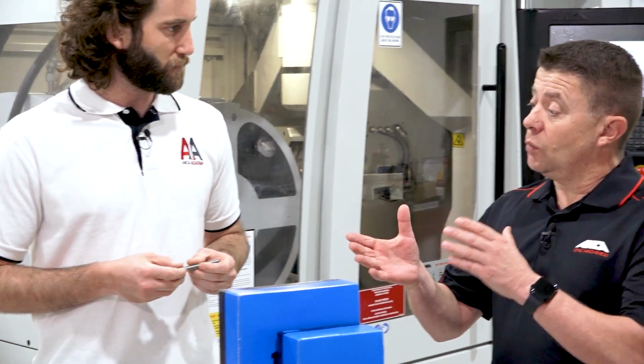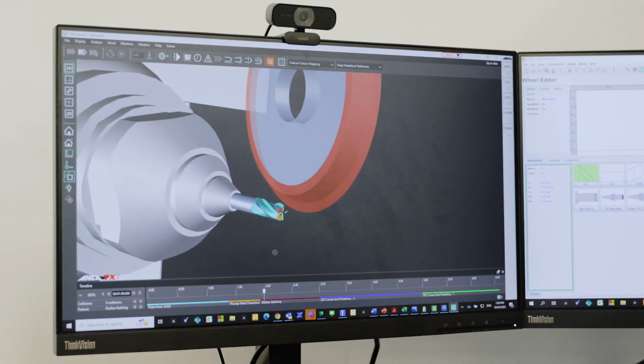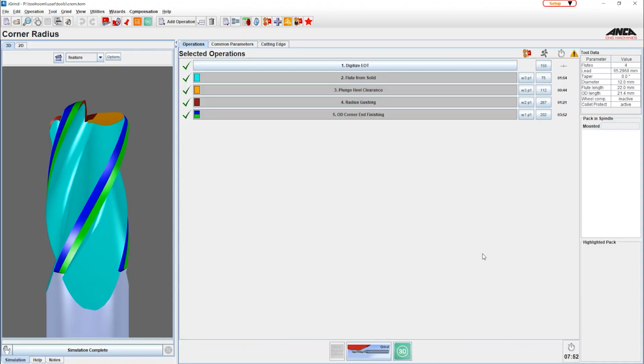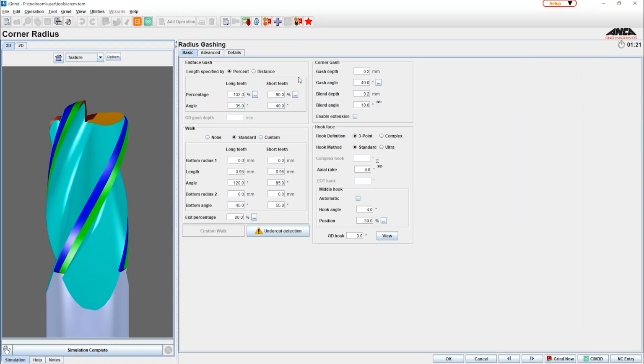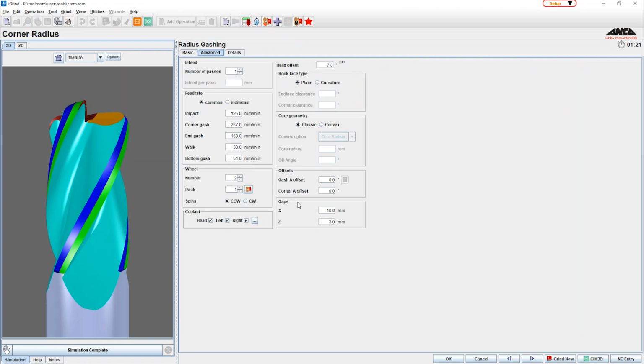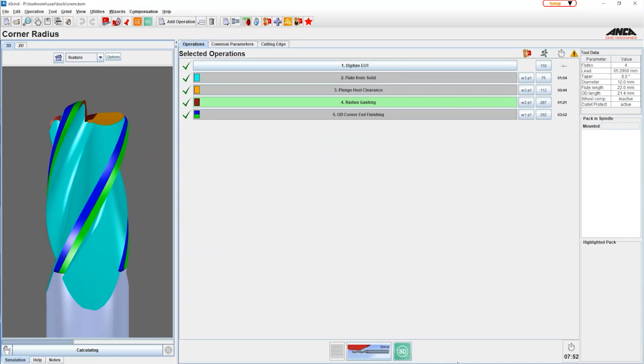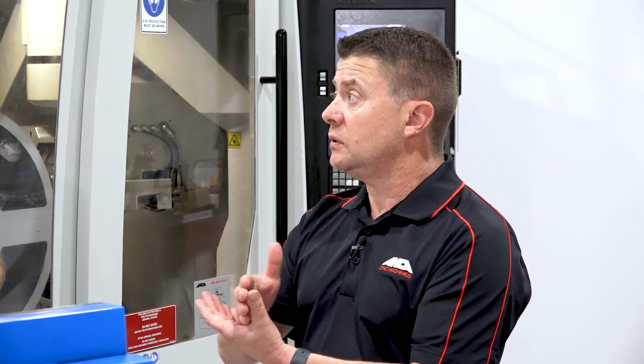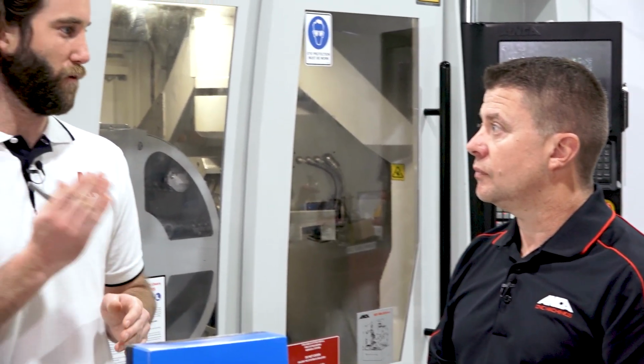Yeah, definitely. What I would do first up is go back and have a look at the 3D simulator to make sure that the tool's been programmed correctly. If that's been programmed correctly, then in your tool room software you've got a couple of options where we can manipulate or offset the wheel or the tool. Those are the gash plane A offset and the corner radius A offset. We can then rotate the tool towards or away from the wheel in those gash planes to eliminate that undercut, and get a nice blend between the gash and the hook face. Yes, absolutely. All right, well, there you go.